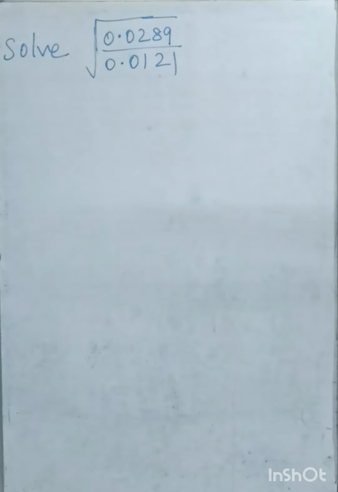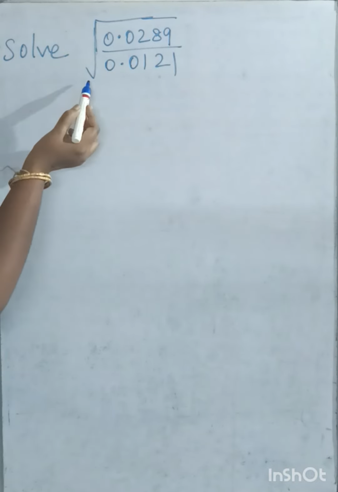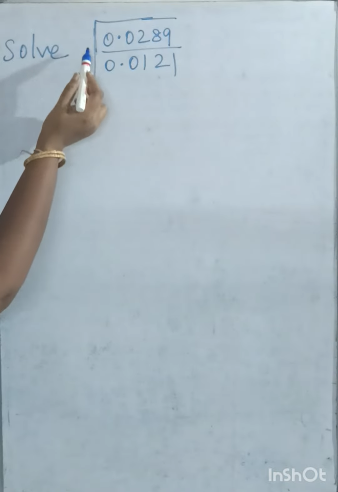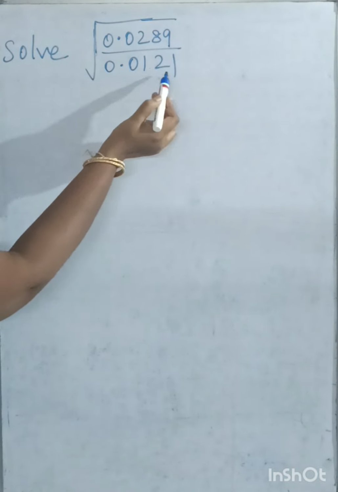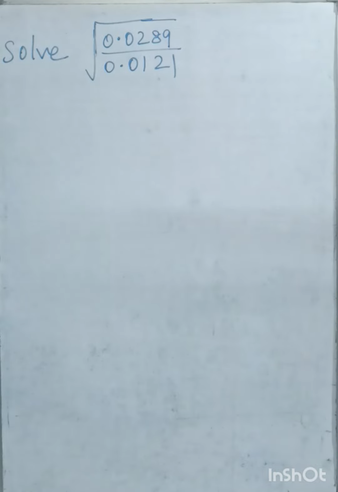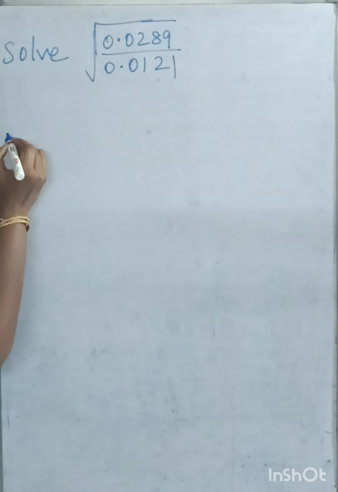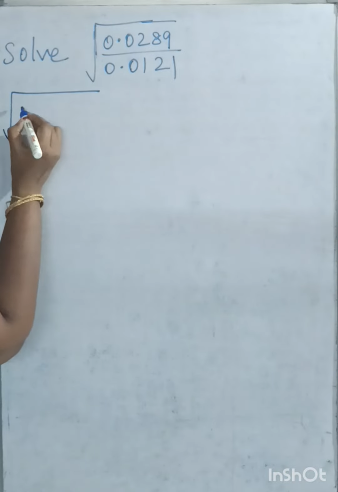Hello friends, today let's see how to solve this kind of square root problems. Square root of 0.0289 by 0.0121. There are two approaches to solve this problem. I'll tell you both. The first one is take this number